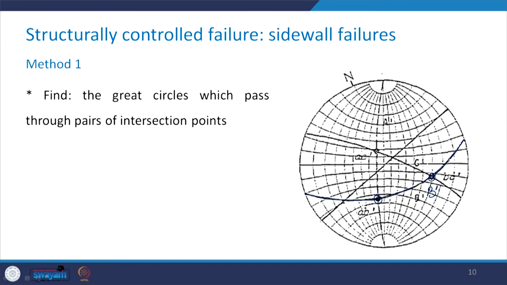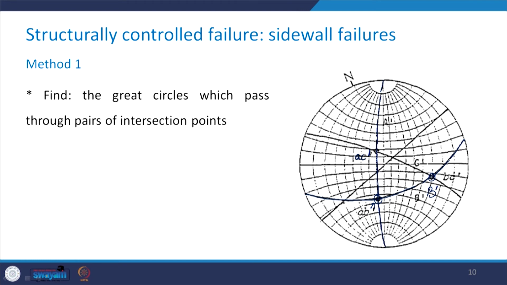Like you see here, the construction of the great circle is given for the intersection points AC prime and AB prime. Okay. So, you see that this is the common great circle which is passing through both of these points,